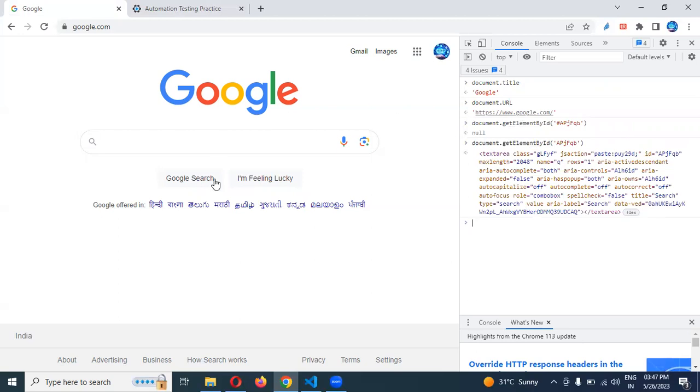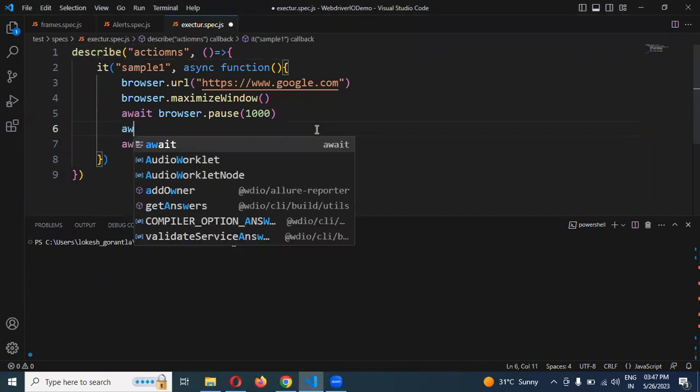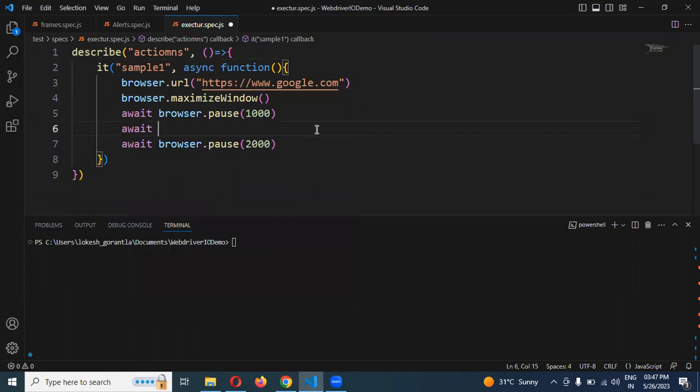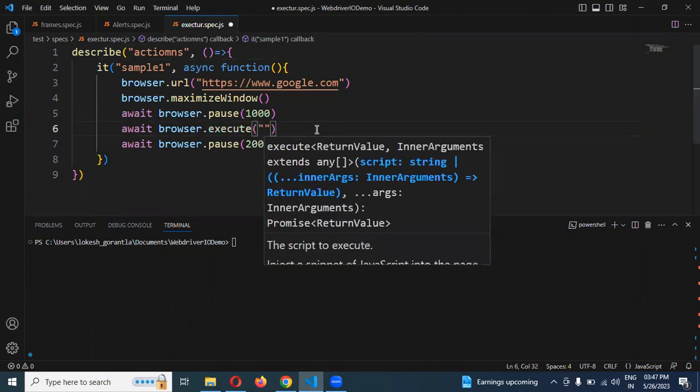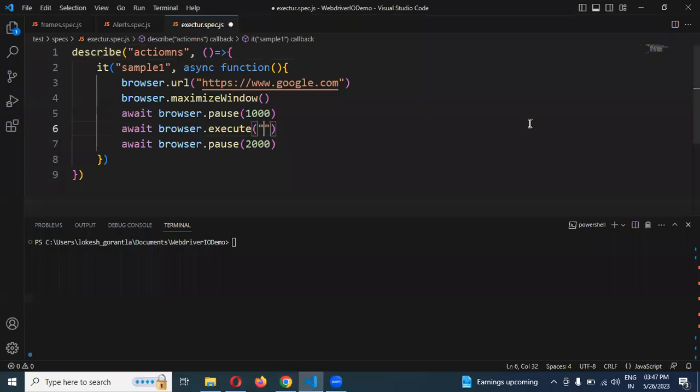Then how can we interact with our WebDriverIO? Now here I am going to display it. The first one is title, which we did before, right? And I can use browser dot execute. This is a JavaScript function. I can take this entire information and make it return, because this is a value, and that's why I'm going to make it for value purpose. And this entire information I'll print